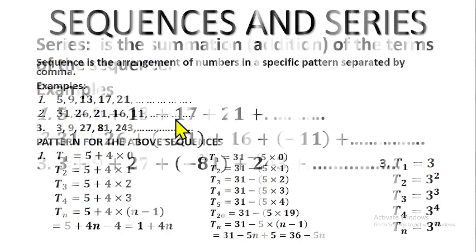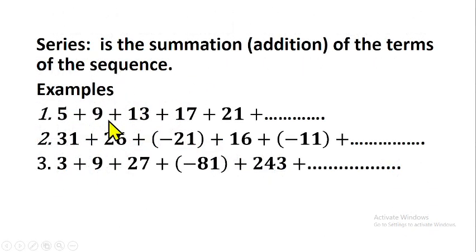But when it comes to series, we don't use commas to separate the numbers. We use a plus sign to separate the terms, and that means a sequence becomes a series when the terms are separated by an addition sign. Do you understand that now? Instead of using commas as in a sequence, we use an addition sign to separate the terms. Then that means you are talking about a series in this case. This is a series now, not a sequence again.